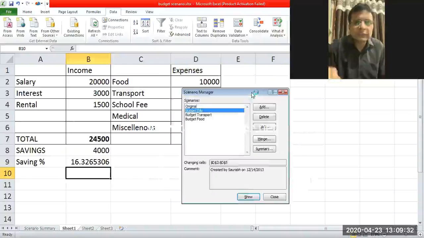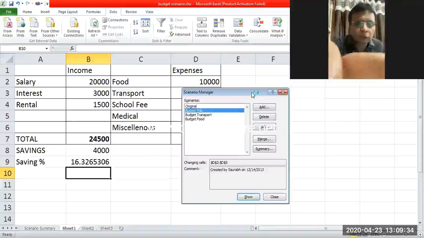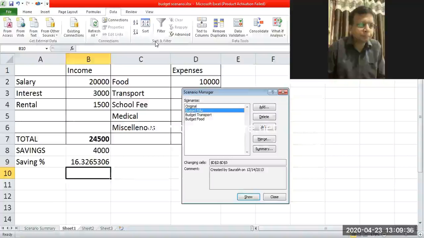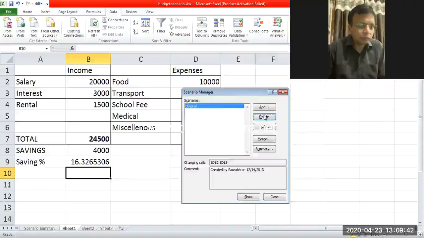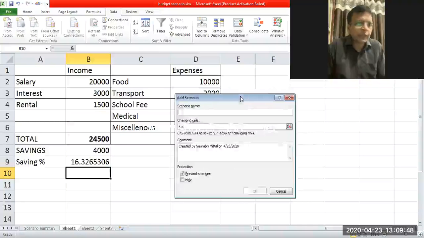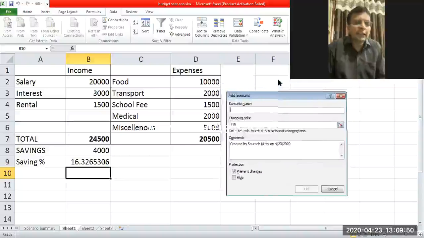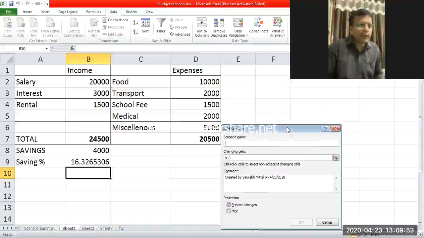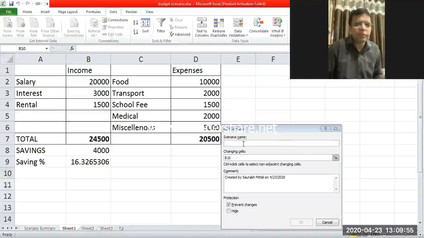I hope you can see this small dialog box on the screen. Here we have the option to add a new scenario. Simply click on add, and we can define, okay, this is the current budget that we are having, and I want to have the different versions of it.